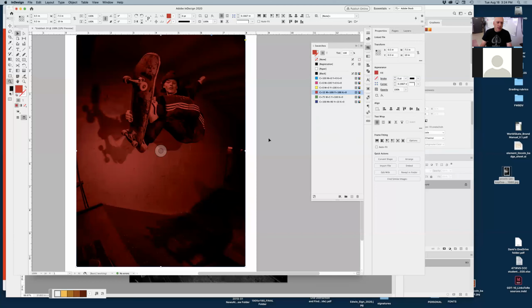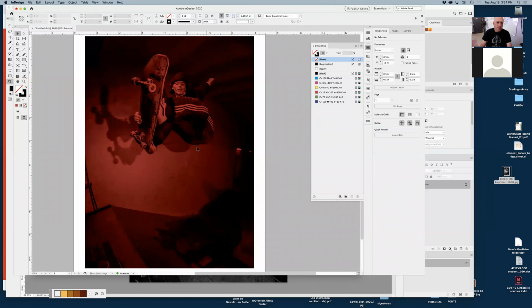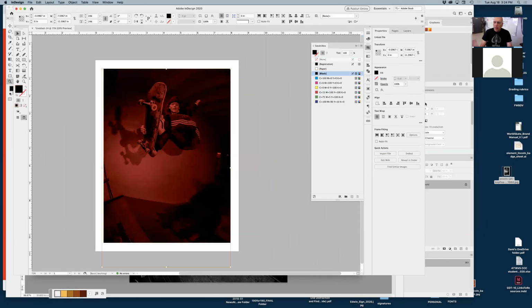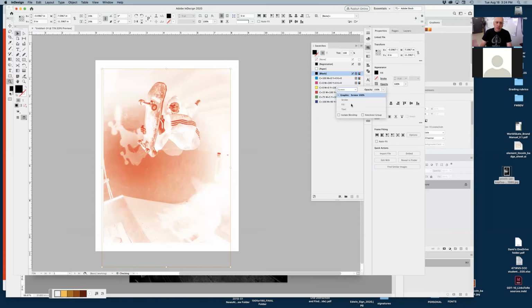And now my image is black and white again. You see now the deck is much, much better off. So by changing your blending mode, instead of multiply, you can also change the opacity of course, so you can just really wash it off. But by changing your blending mode, this is what happens, because the background of your image frame